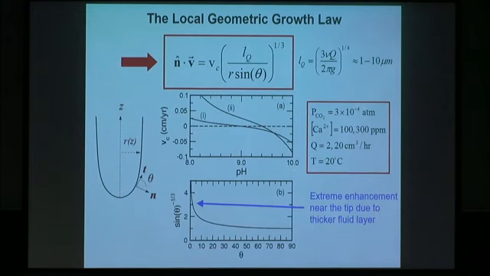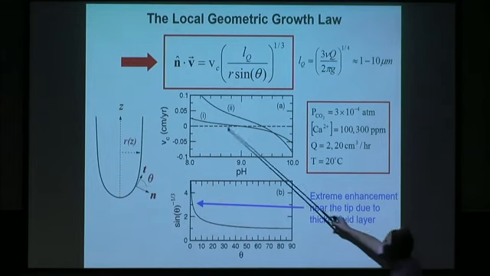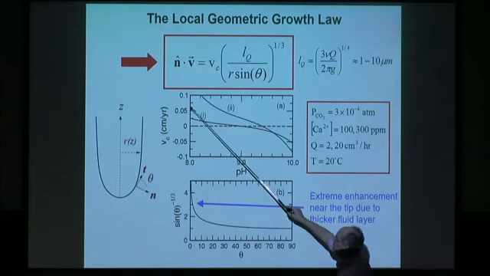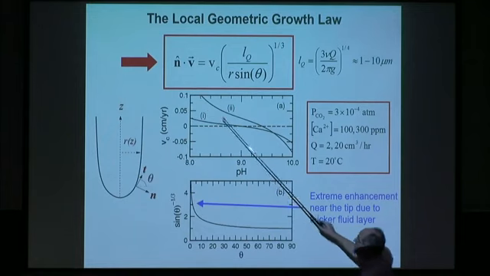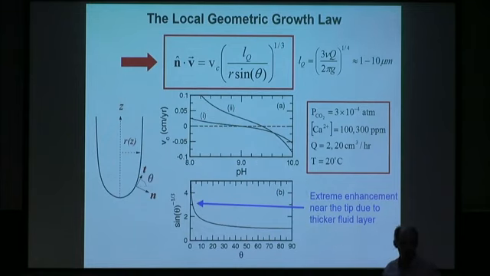So there we go. This is a law of motion. It's a geometric law of motion. It says if I know where I am and I know the slope, I know the rate at which I grow. And you can put in numbers, and it's typically about some fraction of a centimeter a year. It depends on the pH, and it changes sign, so you can have situations where it will erode and situations where it will grow.